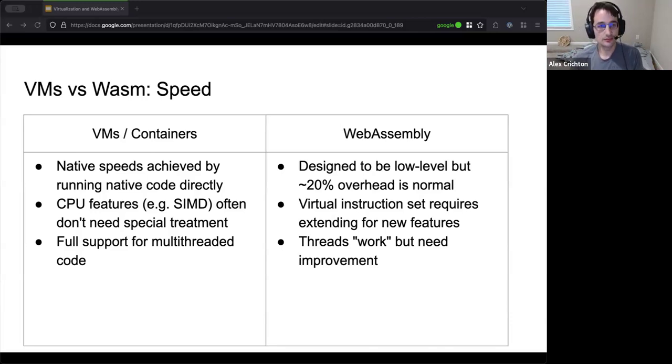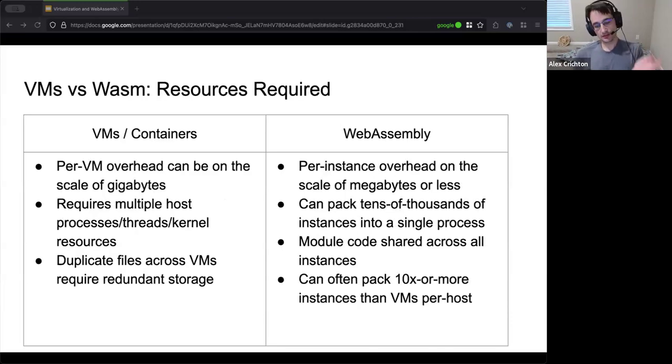All right, so the next thing I want to talk about is the resources required. This is where virtual machines are known to be a little heavy. Virtual machines can weigh in at gigabytes in size. Containers can be hundreds and hundreds of megabytes in size. Often you'll see this virtualized on the host with lots of processes, lots of threads, lots of things on the kernel side of things. So spinning one of these up is a big operation. It's got lots of stuff involved with it.